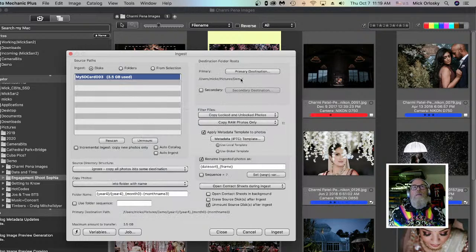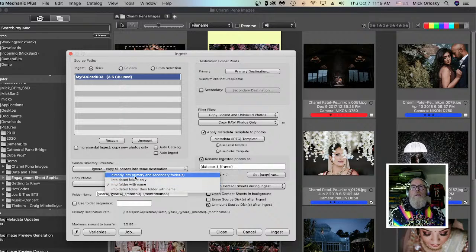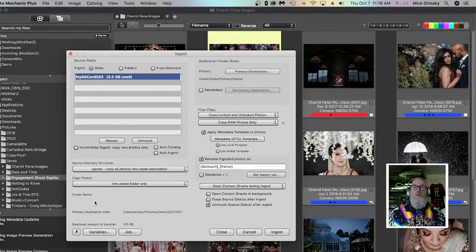And then within this folder, down here is controlled how you want to create subfolders. Now I'm going to copy all the folders from the card into the same destination. If I had files on my memory card that are already in folders, I can have it preserve those source folders here if I want. But I'm just going to put everything into the same destination. That's the good default. And then you can either go directly into your primary folder, or you could create a dated folder, which will create a subfolder in the demo folder with the date here,